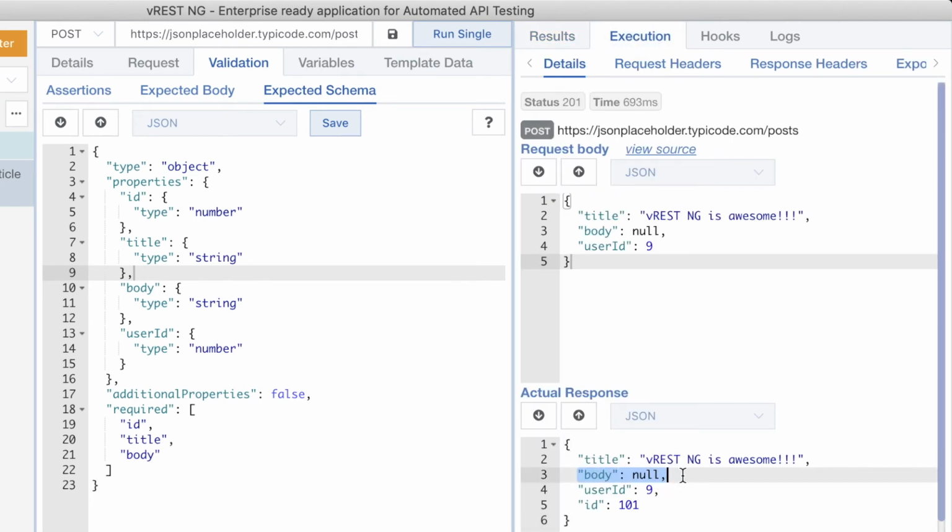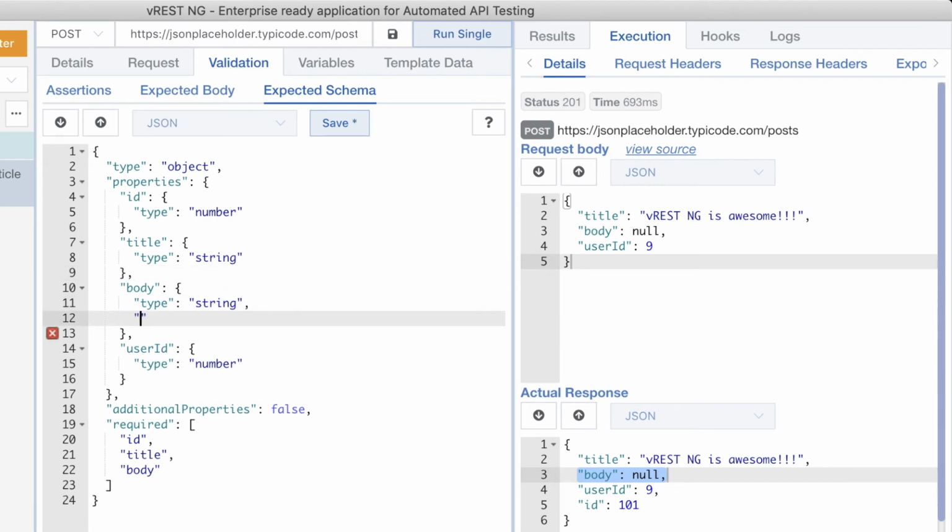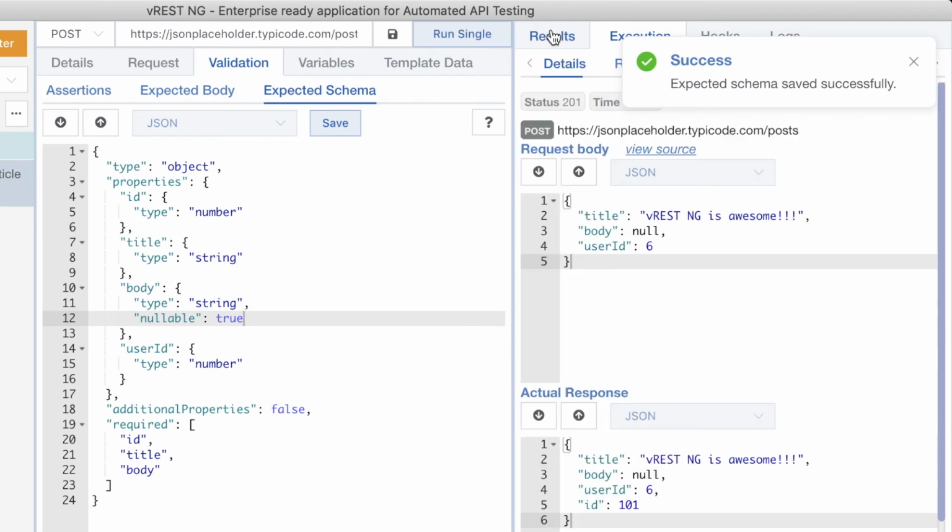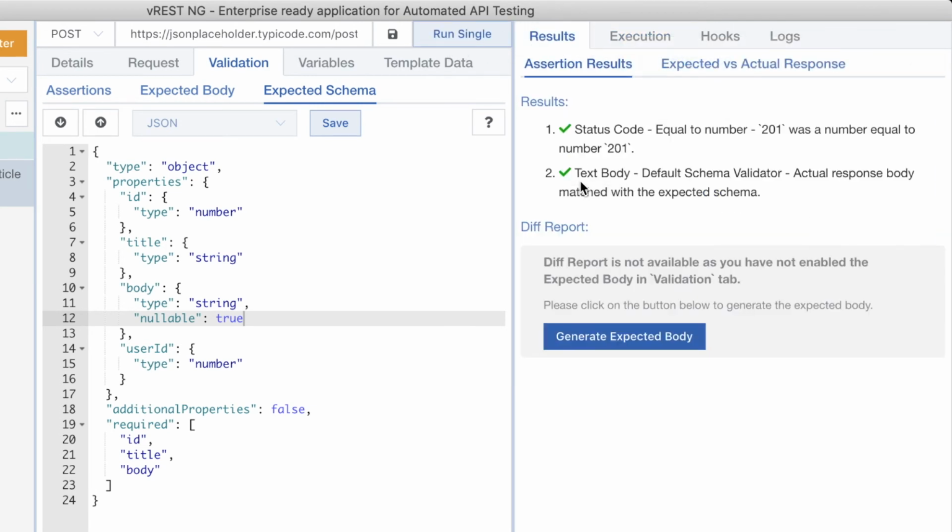To handle this scenario, you may set the nullable property to true for the body field. Now if we run the test case again, as you can see that our test case is now working fine.